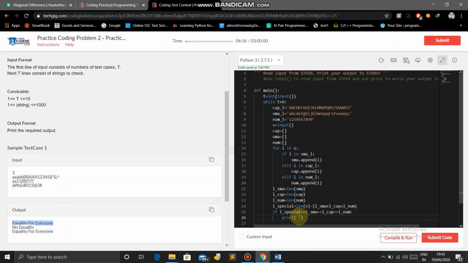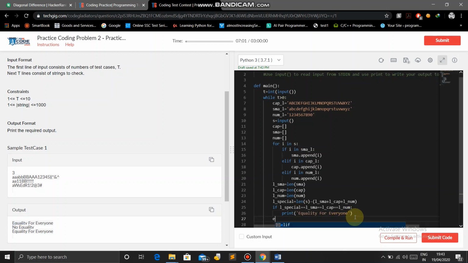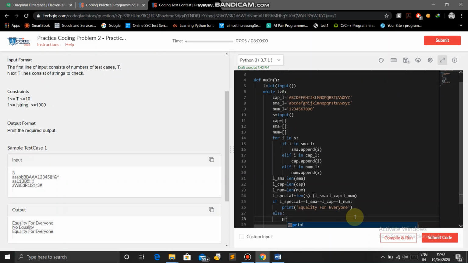Copy and paste it here, and in the else condition we print "no equality". So that's it for this. Now we will just compile the code.